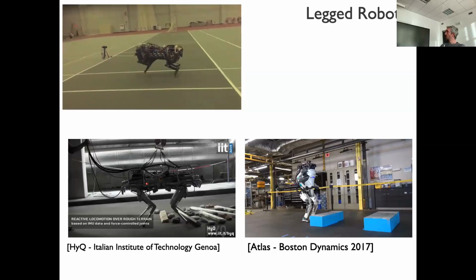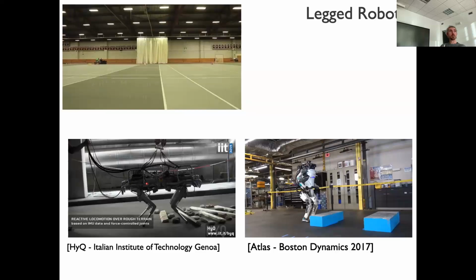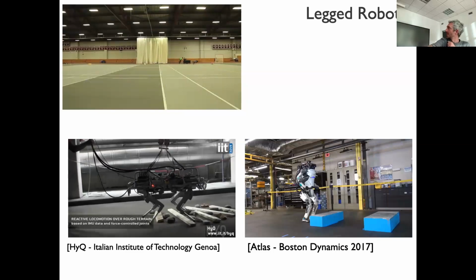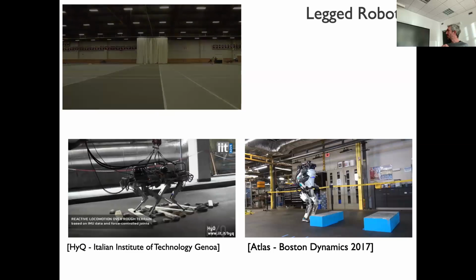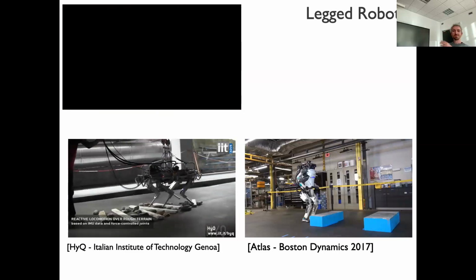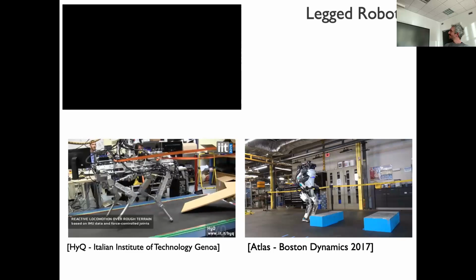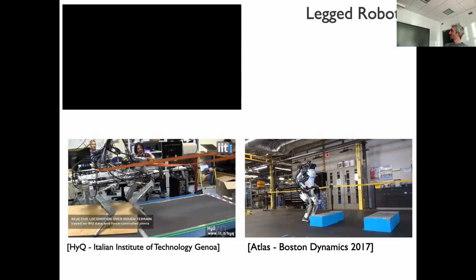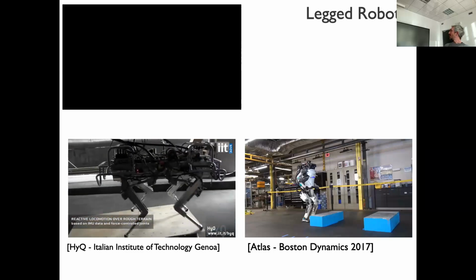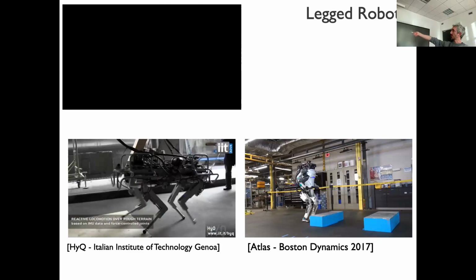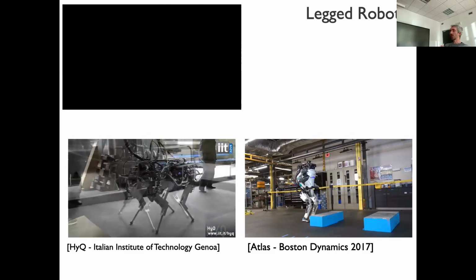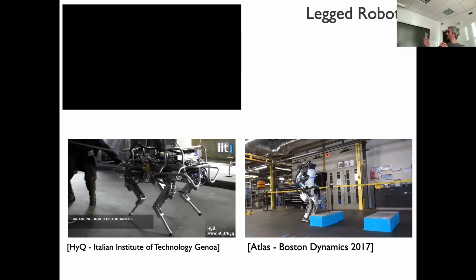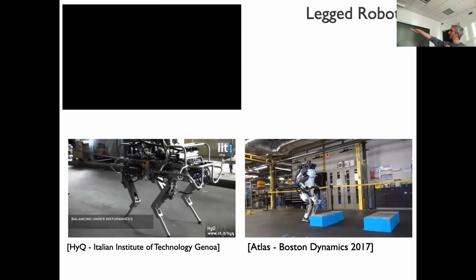So nothing is pre-computed, everything is evaluated online. And here we have a more local example of quadruped robots. This was designed and built in Genova at the Italian Institute of Technology. It's called HiQ, hydraulic quadruped. So contrary to the previous one, this one is